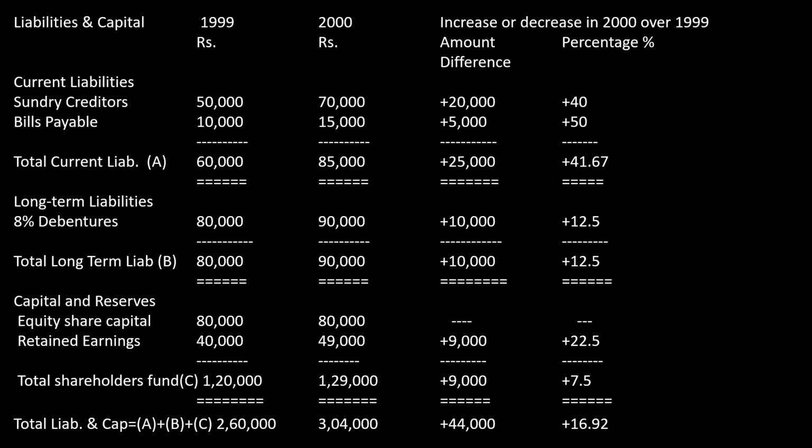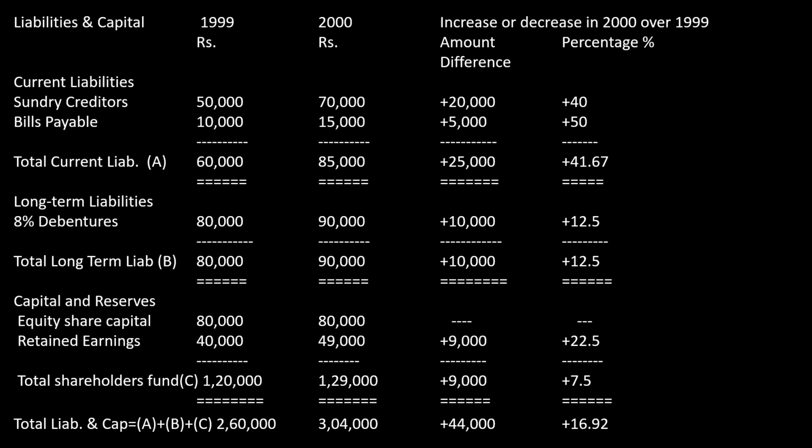The last slide we did only the assets and the final percentage is 16.92. Now in this slide we did only the liabilities. Again the final percentage is 16.92. The same percentage you should get. There should not be any difference. If you're going to do a balance sheet for asset and liabilities together, whatever the percentage you get for assets, the same percentage you should get for the liabilities as well. Okay, so this is all about your comparative balance sheet.